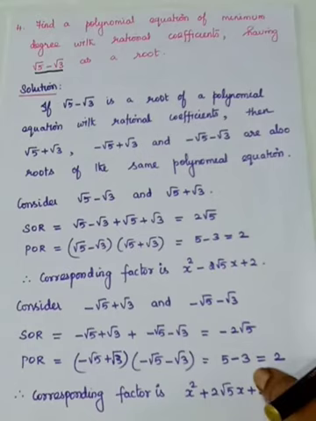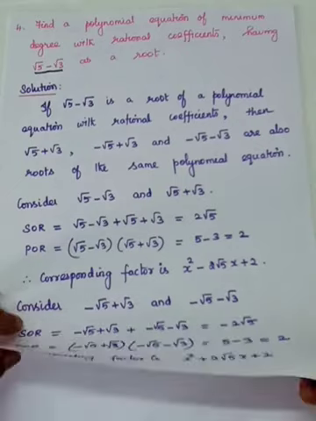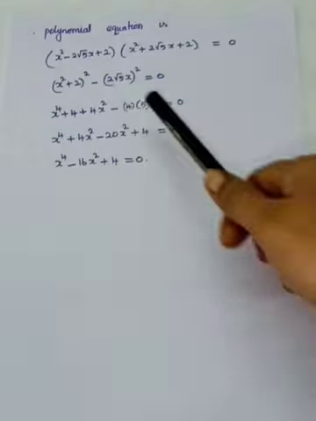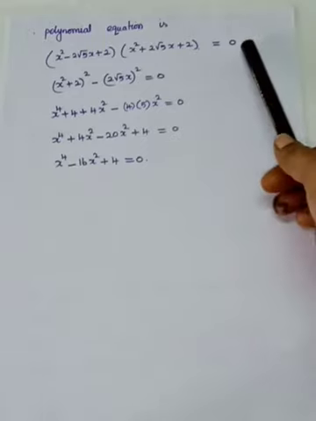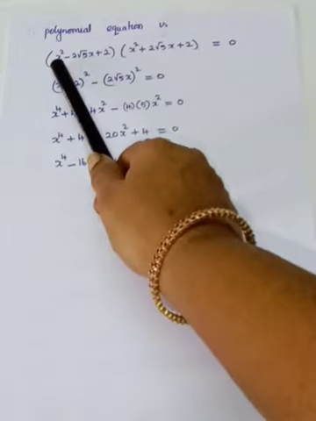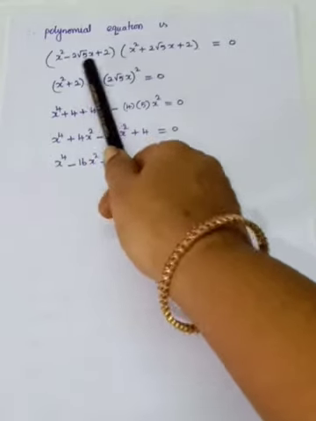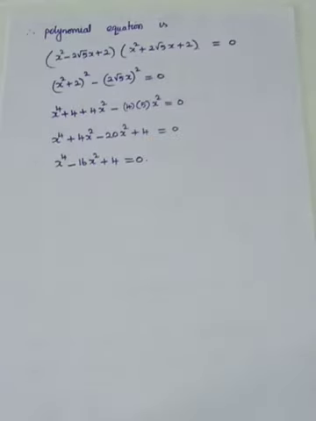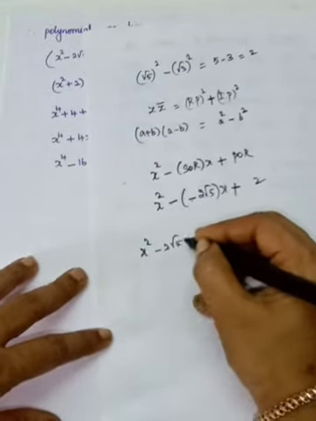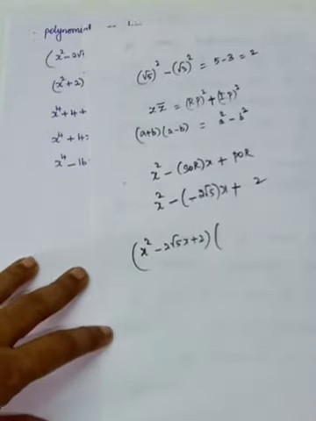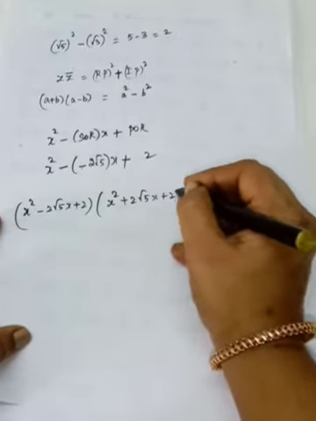So here two factors are there. So we have to form the polynomial equation of degree 4. So when you multiply these two, you will get the polynomial equation of degree 4. And equation means you have to write it is equal to 0. So see now x squared plus 2, that has to be taken as a, and it is in the form of, you see now here you will have x squared minus 2 root 5x plus 2 into x squared plus 2 root 5x plus 2, okay, is equal to 0.